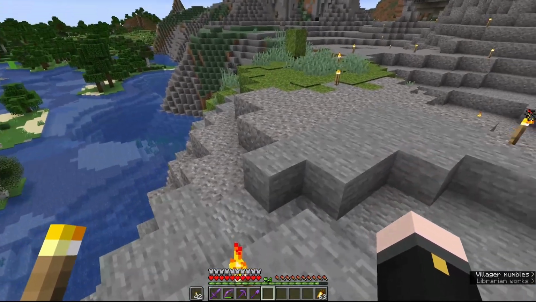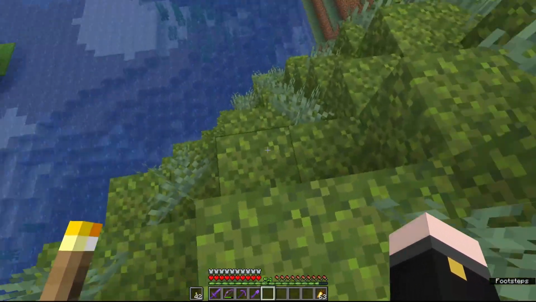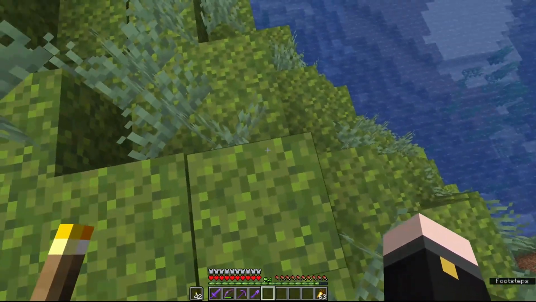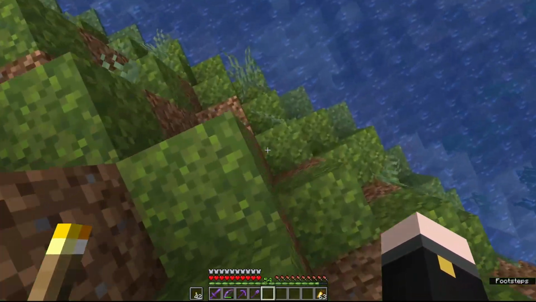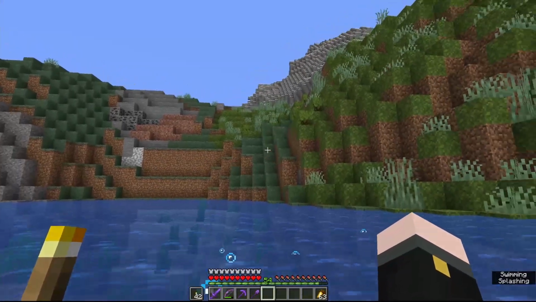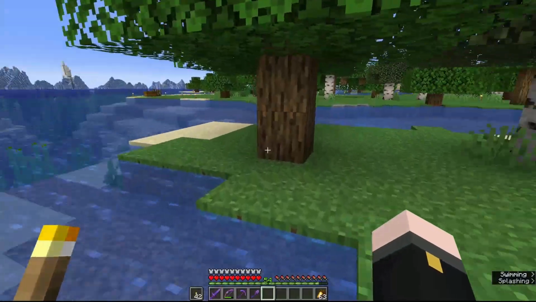But also, as you can see over here, I went and explored a little bit more. I explored a couple of shipwrecks and managed to find a moss block. I've been playing around with the moss blocks in this area, trying to cover up some of the overly dark green area of the extreme hills. I quite like it, but it does need a little bit more work. But anyway,